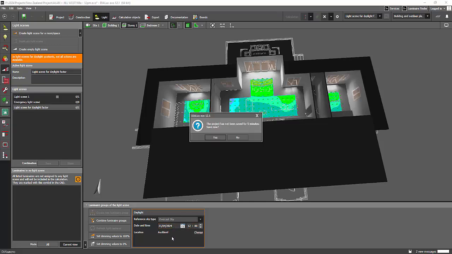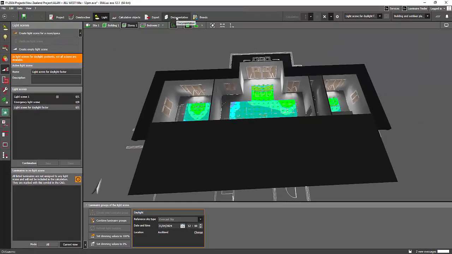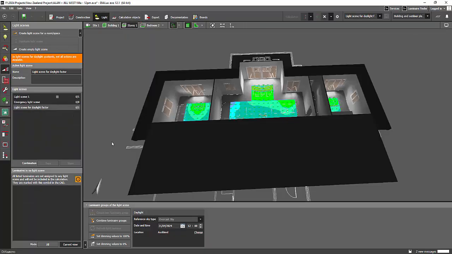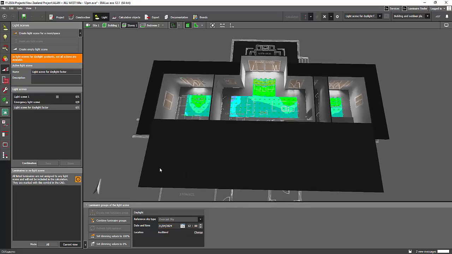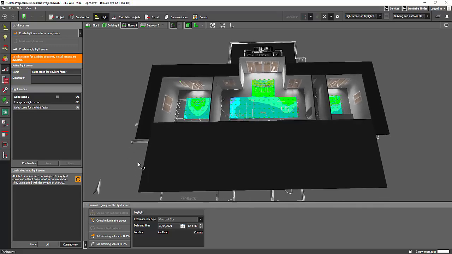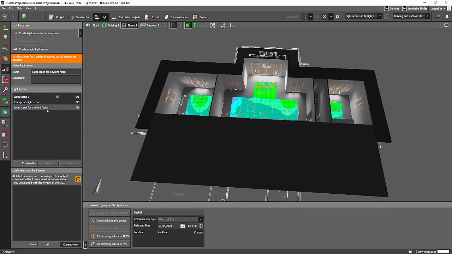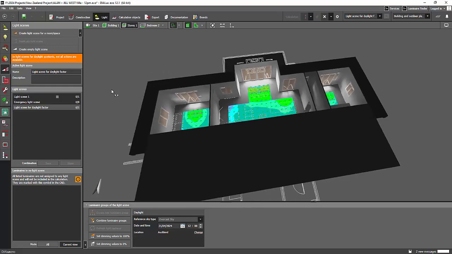There's only one option here. You either set it up one clock time at a time and then run a calculation. And then in the documentation, you can either create a different light scene for every hour or run a calculation for every hour and then just compile the report in a PDF. So you can create a light scene here, create a new empty light scene, and then say this is 1 o'clock and then 9 o'clock. So when you run all the daylighting calculations, you will have it in one report.